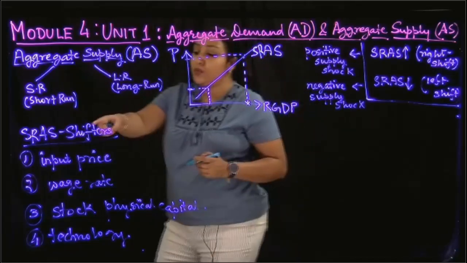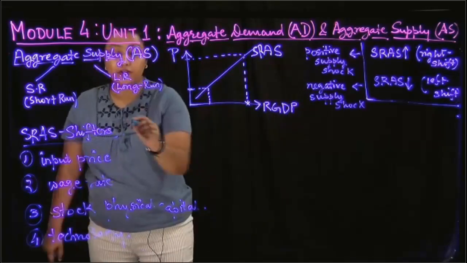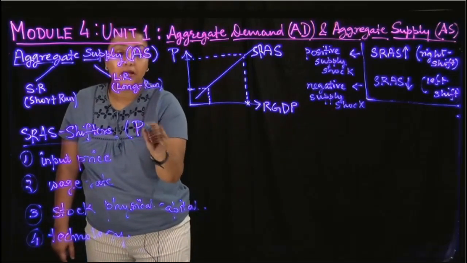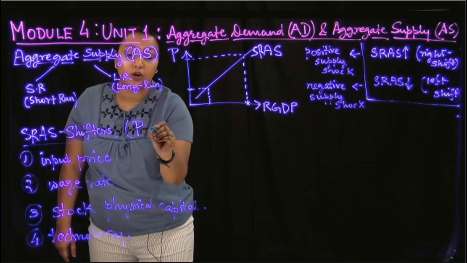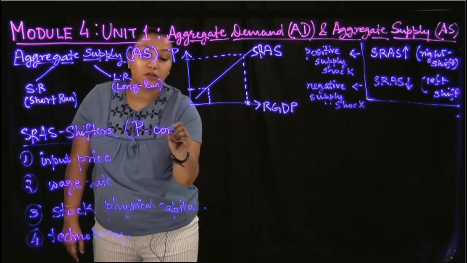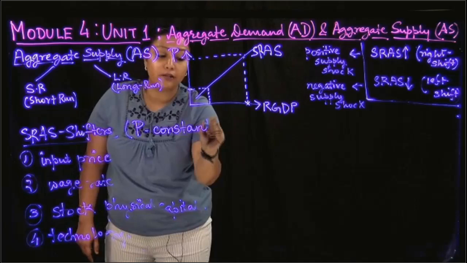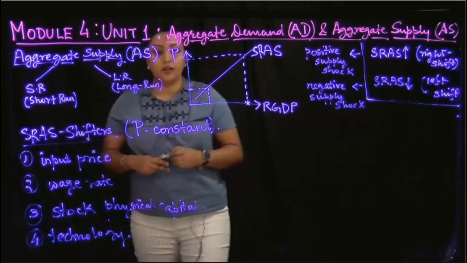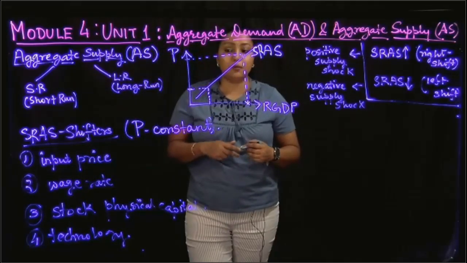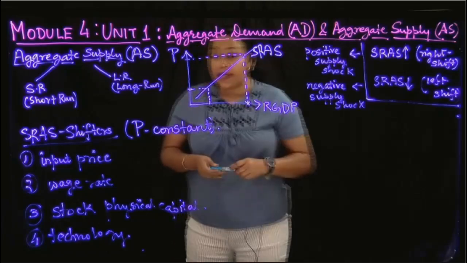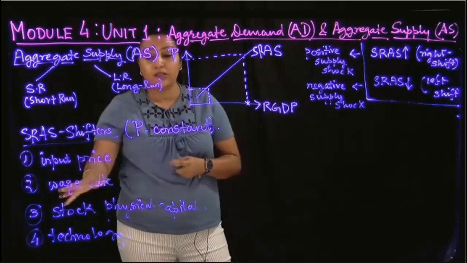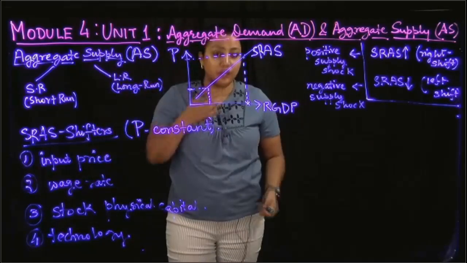Please note that as we are talking about the aggregate supply shifters, once again we are assuming that the price index in the economy P is constant. So there is no inflation or deflation happening in the economy. The price index is constant, and any change in any of these is going to cause a change in the